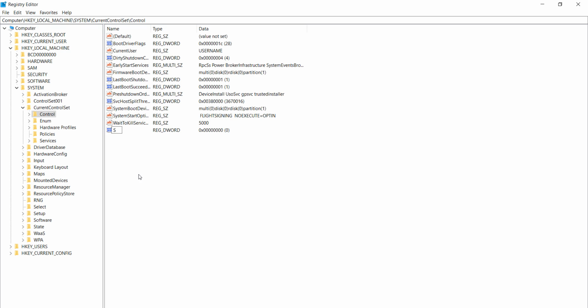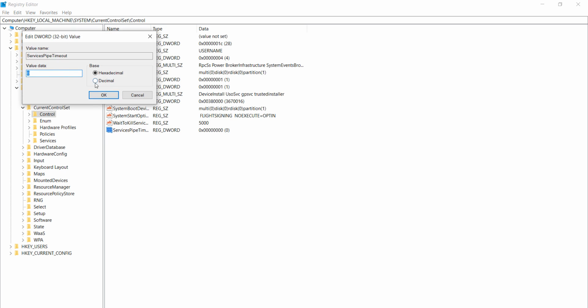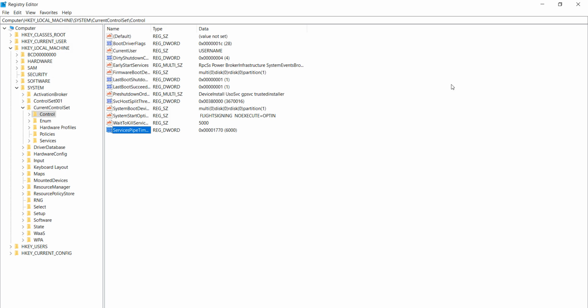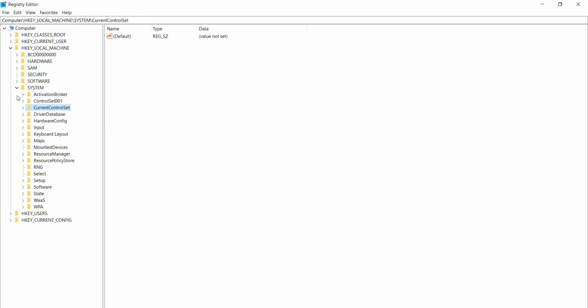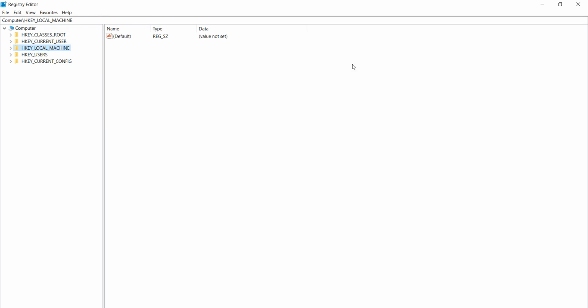ServicesPipeTimeout, with capital S, capital P and capital T. Okay guys, after doing this, open it. Now select Decimal, and after doing this, set the value to 6000. After doing this, click on the OK button, and once again clear and close the